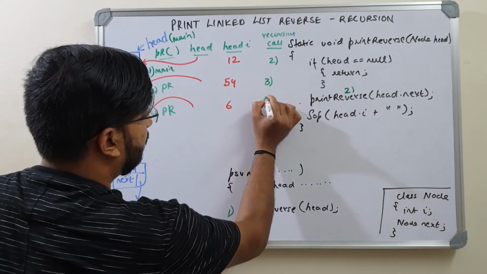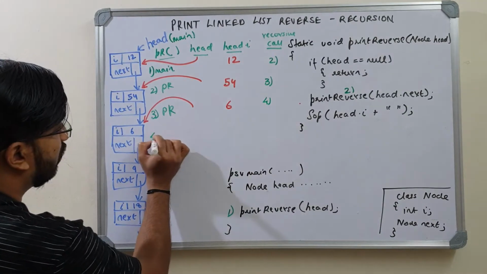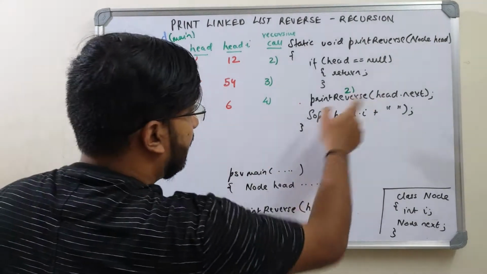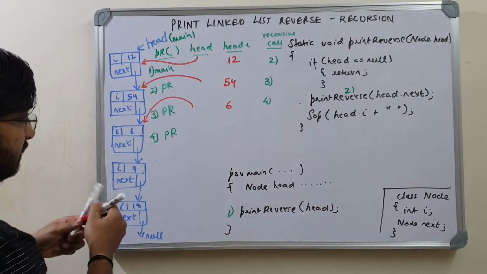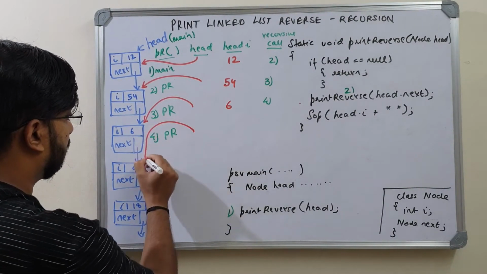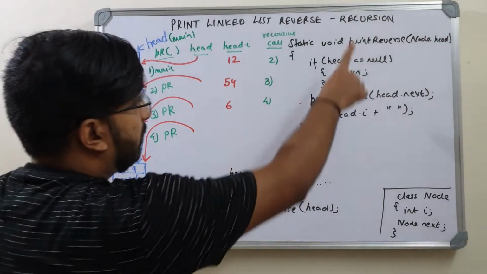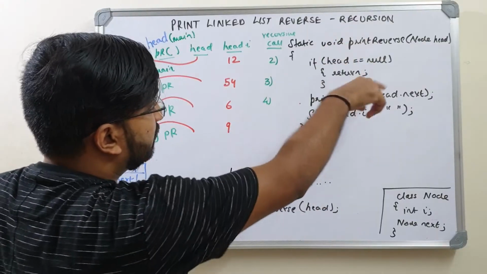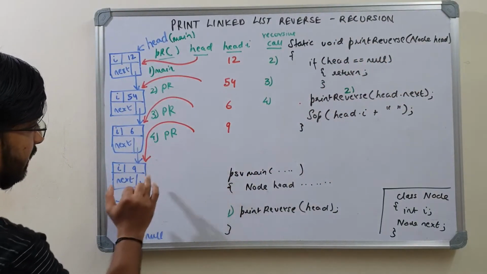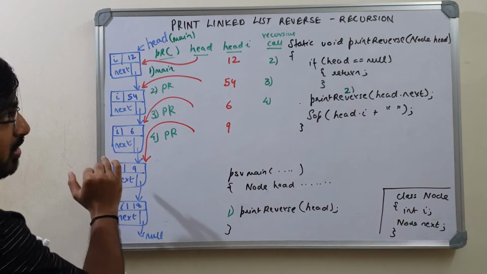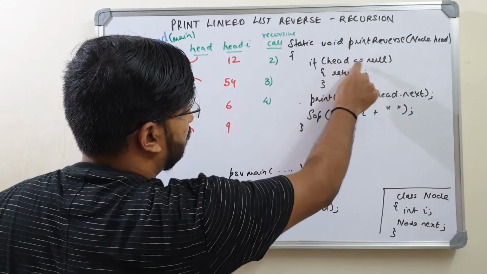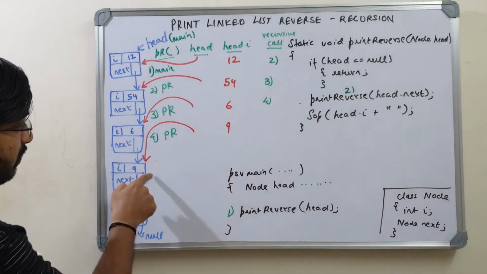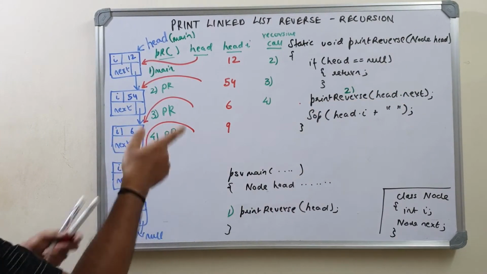So the next call to print reverse, which I'll label 4, is from print reverse because this is the recursive call, and this has head pointing to this head's next. So this has head pointing to this location. When you come into this method, your head.i is 9. Your head in the current call is pointing here. This is a memory location, not null, so this condition is false. You say head is equal to null is false. You come here, you recur again with head.next. Head in this current call is pointing here, head.next is pointing here.